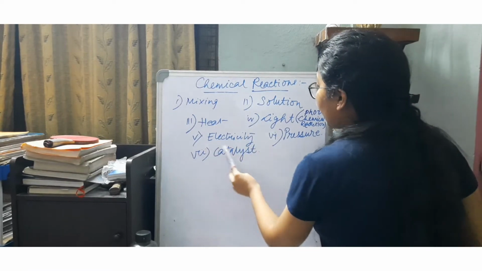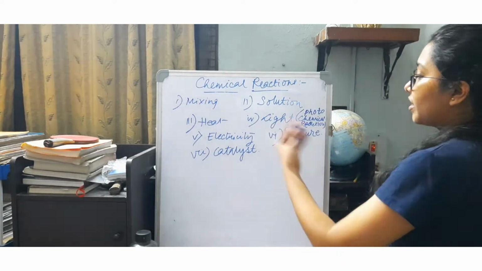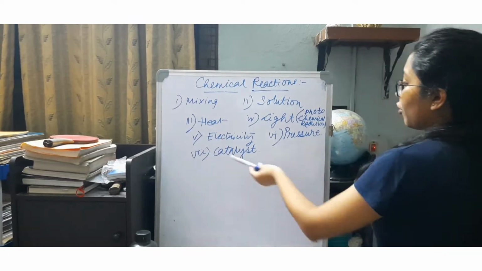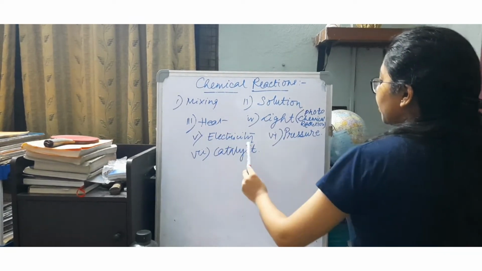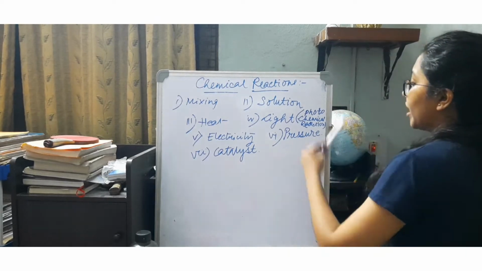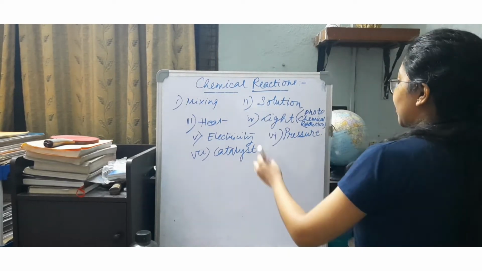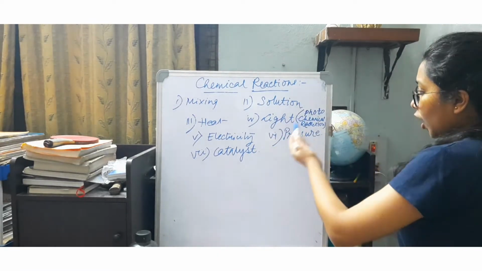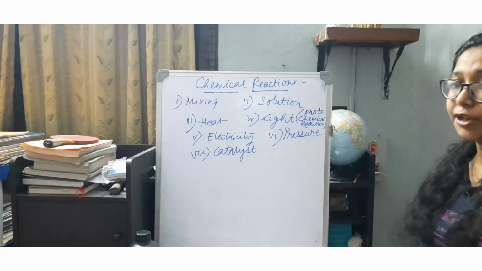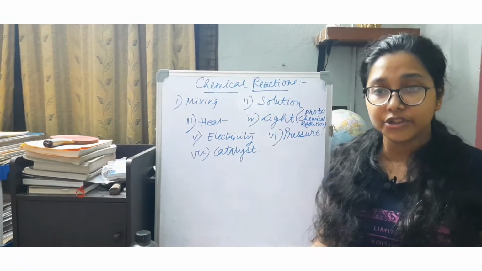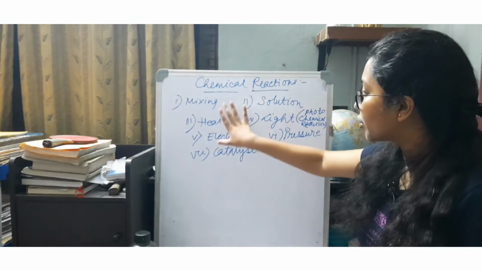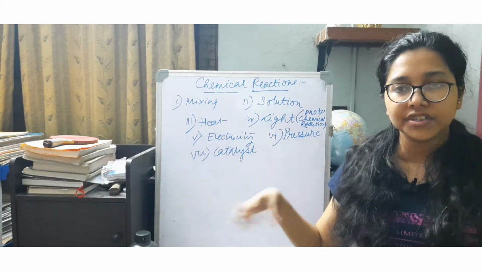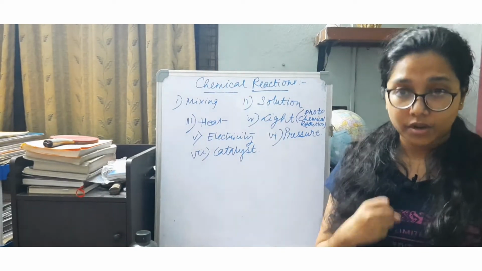For electricity, you can write down the electrolysis reactions, okay. Then for this one, nitrogen and oxygen forming NO2, that is also for there. Now catalyst also, you can go for Haber's process, and there are many other reactions taking place. Then when it comes to light, you can go for the reaction of CO2 and H2O forming glucose in the presence of sunlight. So there are many such reactions. For each type, as I said, you will get the examples stated in your books. You should know them, okay.